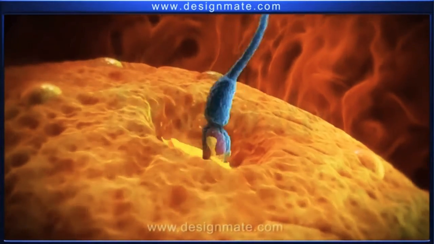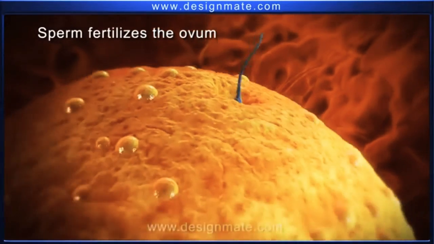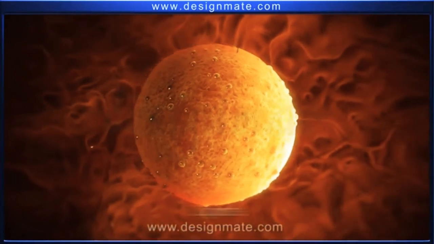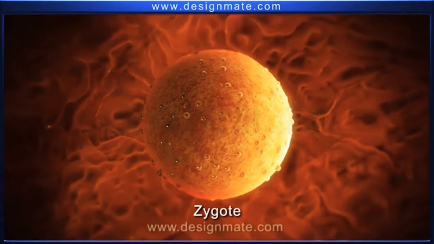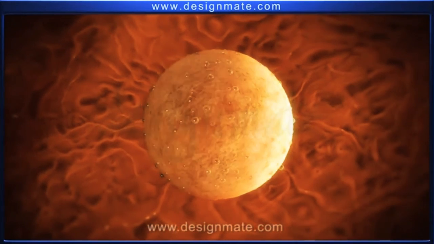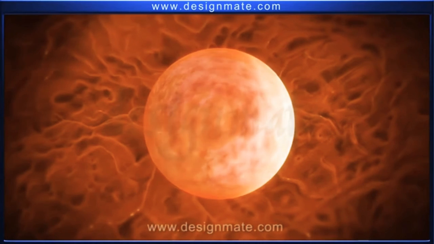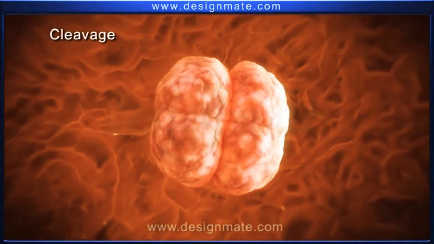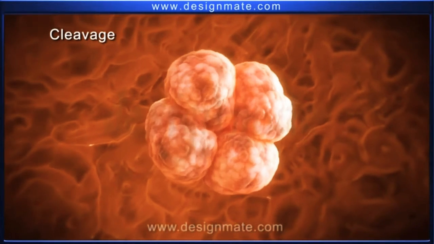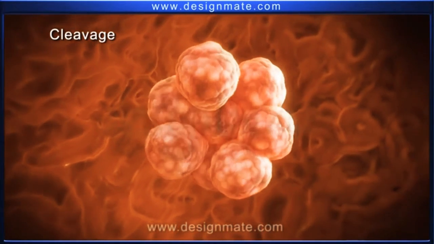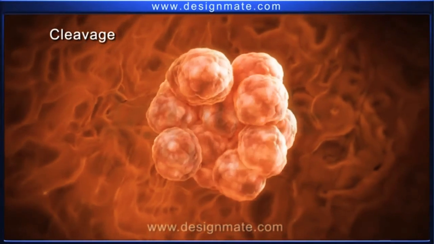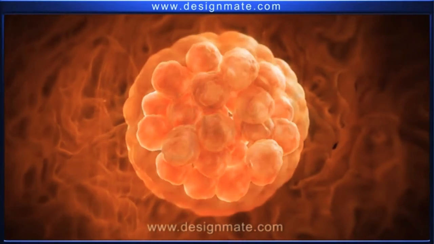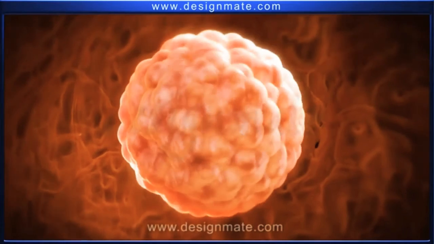The sperm fertilizes the mature ovum, resulting in the fusion of the egg and the sperm to form a zygote. The single-celled zygote undergoes a cleavage to form two cells, which further divides in a synchronized manner to form 4 and then 8 cells. This division continues, forming 16 to 32 cells, thus giving rise to a solid ball of